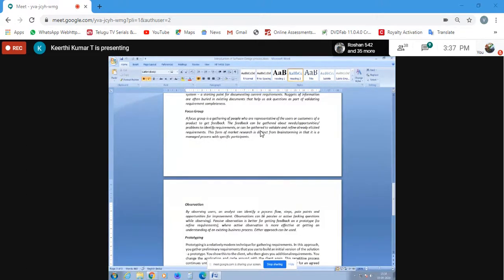Obsolete systems are completely different from what you call the proactive systems. Proactive might or might not take the time, but with obsolete, you want the changes to be done then and there itself. You see here, observations can be passive or active. Passive observation is better for getting feedback on a prototype, whereas active is more effective for getting an understanding of existing processes. Active is, first he wants to understand the existing business process, and then he's going to take an action. That is called active observation.